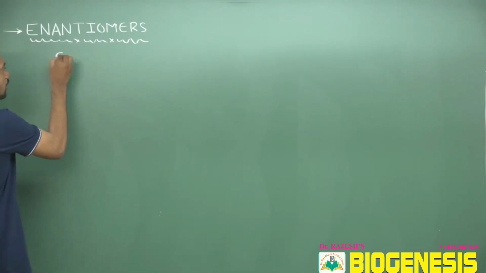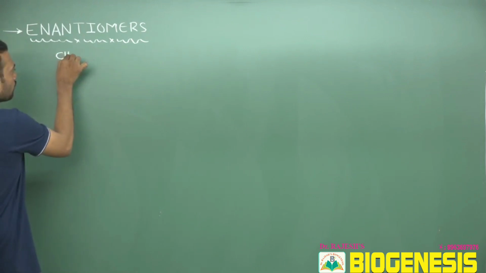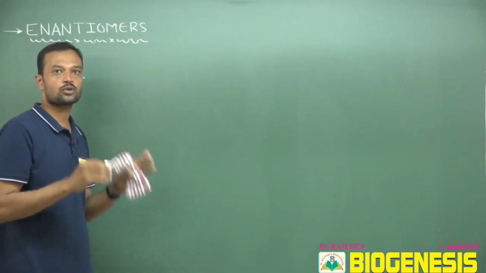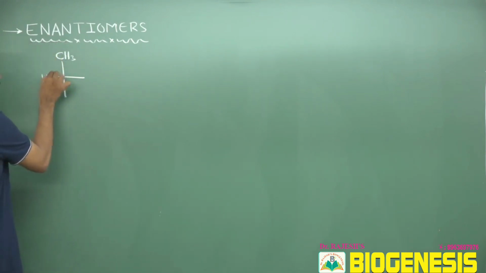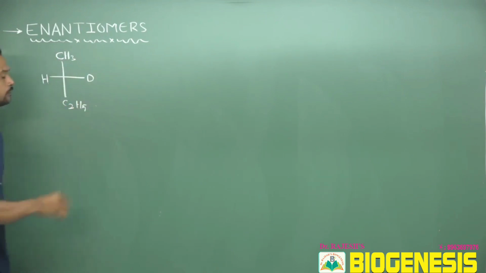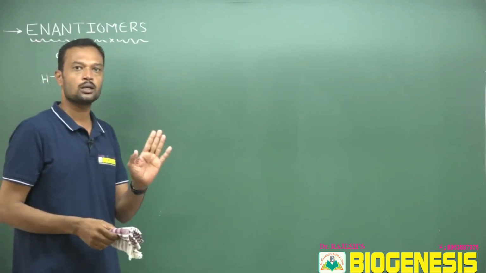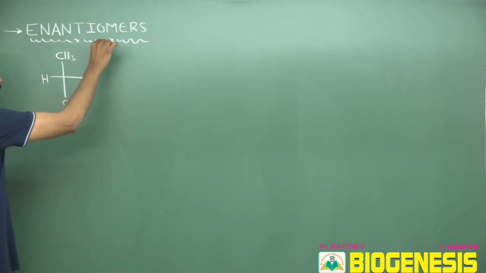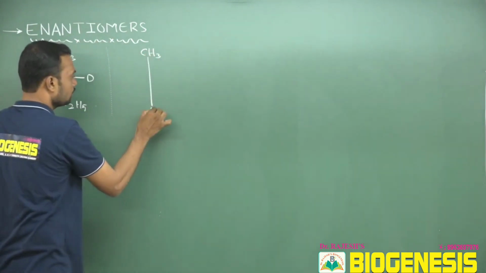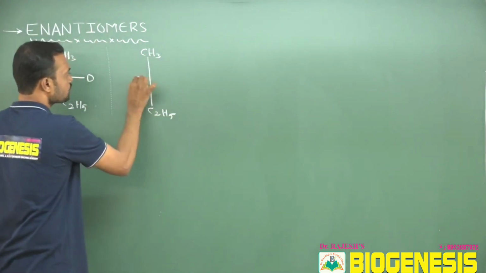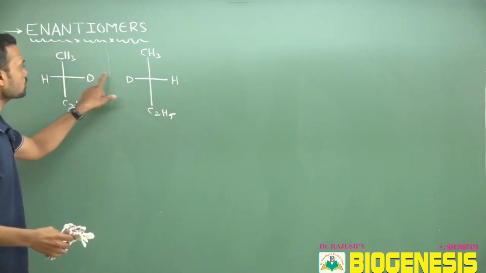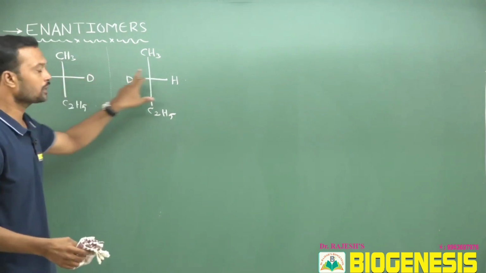Mostly, in order to identify an enantiomer, the molecule definitely requires one chiral center. A chiral center is a center which carries 4 different substitutions. Here methyl, hydrogen, and here I am using deuterium, and here C2H5. What is the meaning of non-superimposable mirror image? If I take a mirror image, here I would write CH3, and here the ethyl group C2H5, on the left side deuterium, followed by one hydrogen. So this part appears here, and this appears here like this.